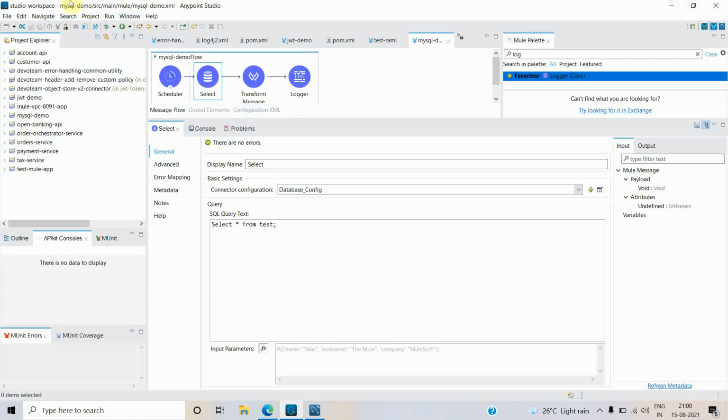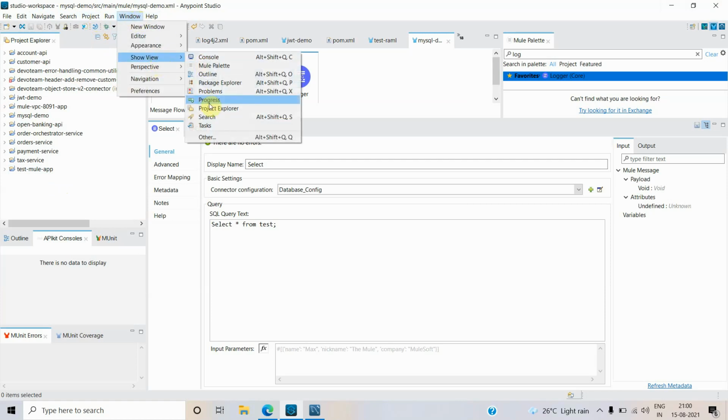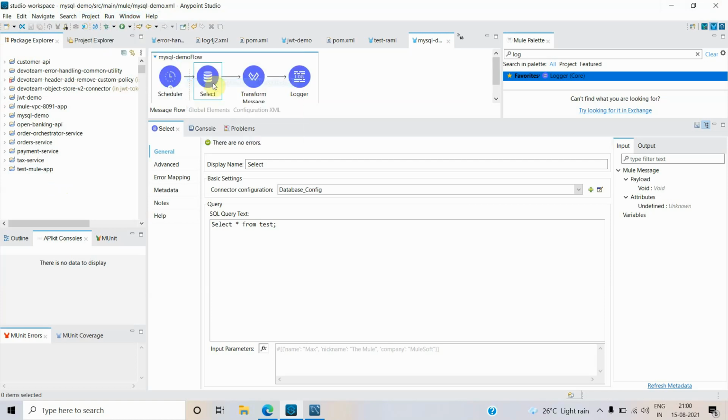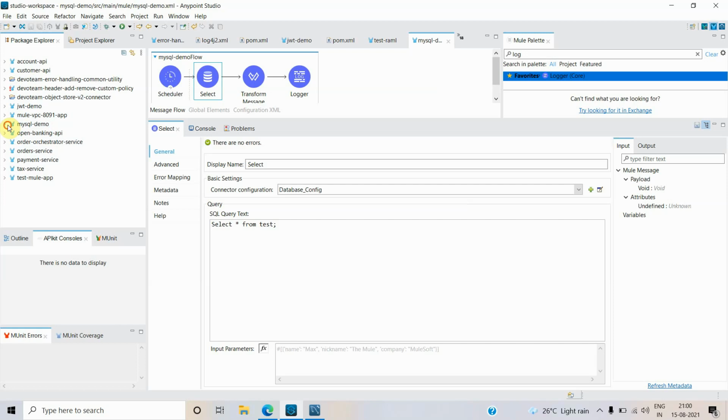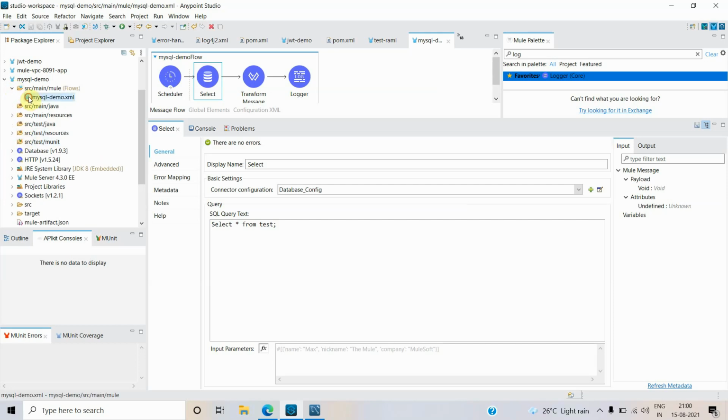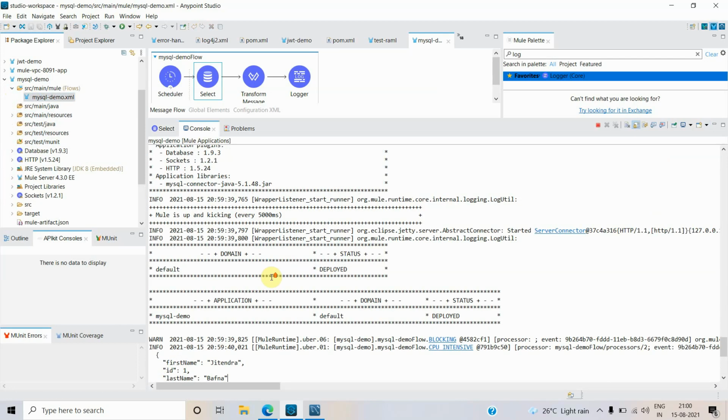Okay, so this is my project explorer. Where is my application? What was the name of the application? MySQL demo. Okay, so this application is running and you can see it continuously fetching the record.